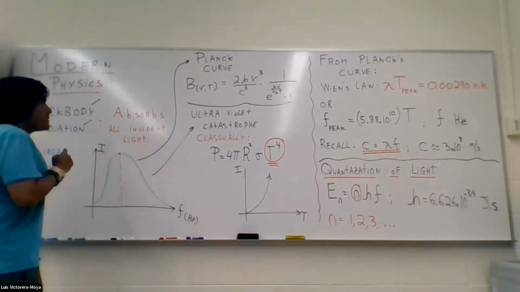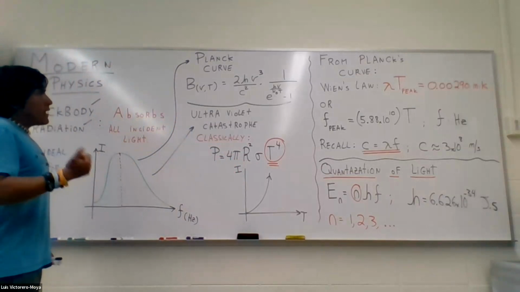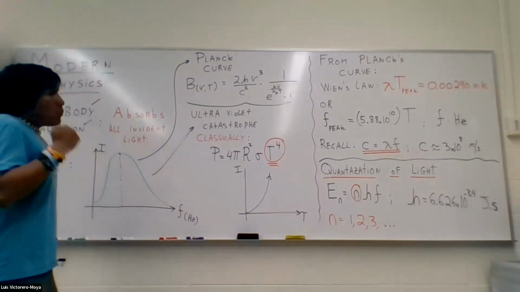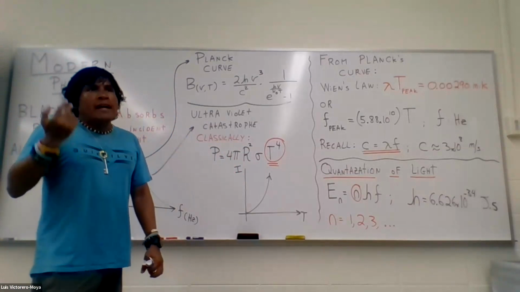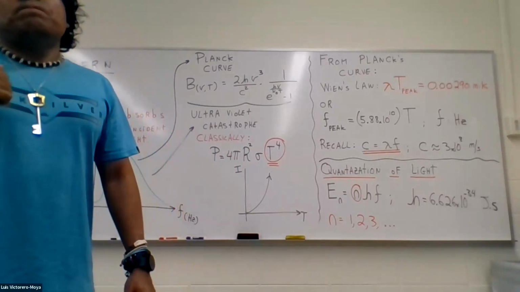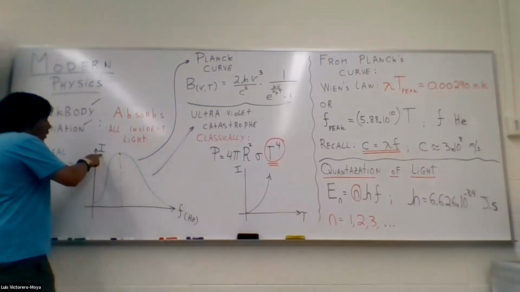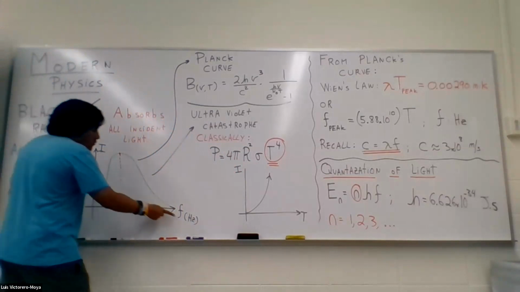This is known as the Planck curve, because it was discovered by Planck theoretically to explain observations of emission of radiation of black bodies. So what this shows you is that when you graph the intensity versus frequency, which,